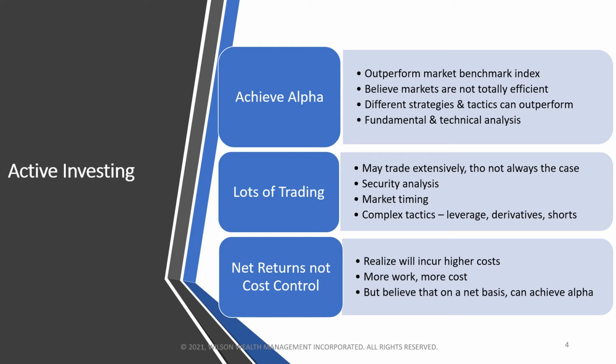It's less about analysis of the investment itself, more about its trading patterns and its movements versus the market. So if it breaks out of a 60-day price range going up, maybe that's a signal to buy. If it breaks out of a 180-day price range going down, maybe that's a signal to sell. So less about the company or asset specific issues, more about the trends and how it relates to the bigger markets.